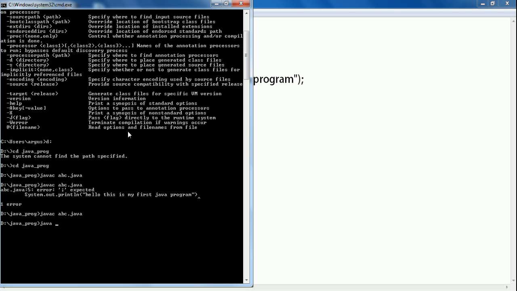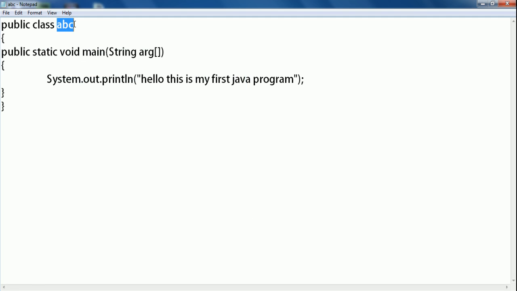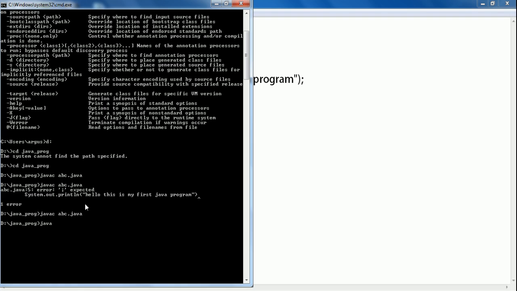In compilation we write javac abc.java, but to execute the program we write java followed by the class name, so we simply write abc.